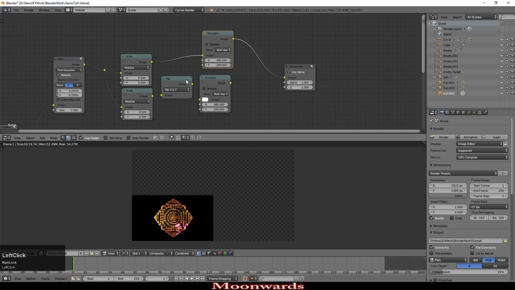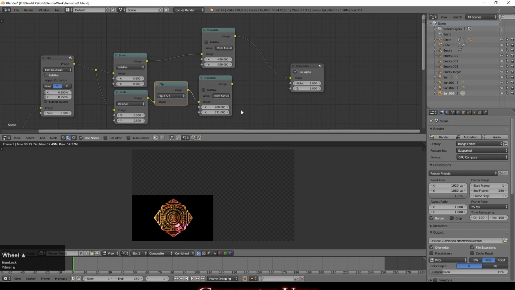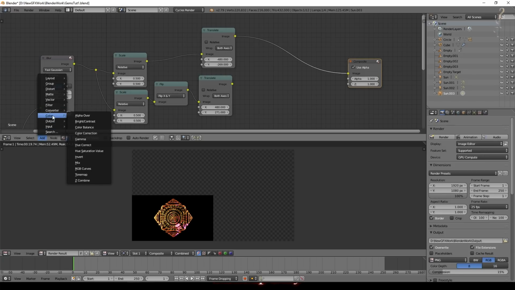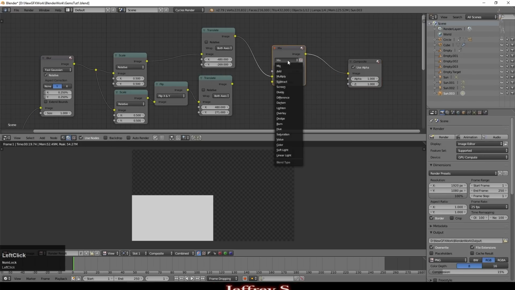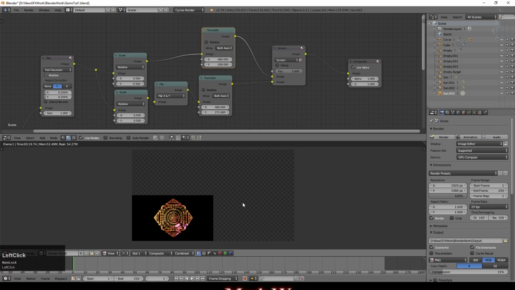Duplicate that node and take the output of that flip node into the input of that one. Change this to plus 480 and plus 271. I'm giving you these specific numbers because at least at 1080p resolution, these are the numbers you need. If you're rendering at any other resolution, you'll need to just tweak these numbers to see what fits. So I'm now going to add a color mix node, drop that there, change it to screen, and then take that output there and put it into the other side. So what that's done is it's actually created an image here and an image here, but you can only see one at a time at the moment because of the way Blender works. They'll both be visible shortly.